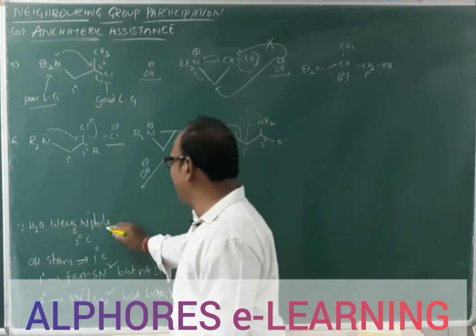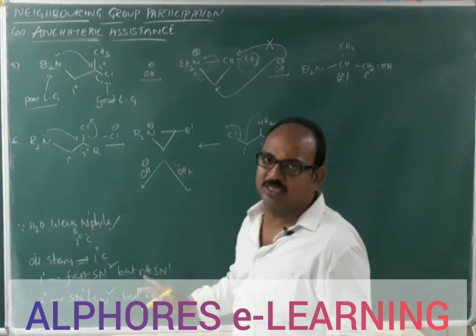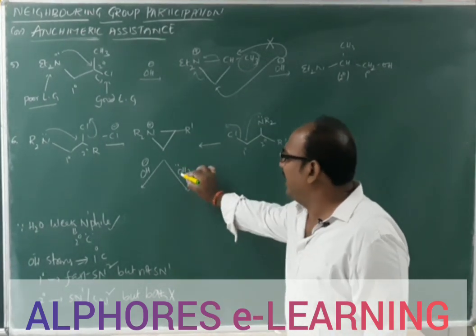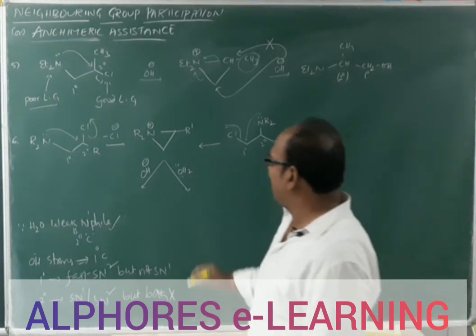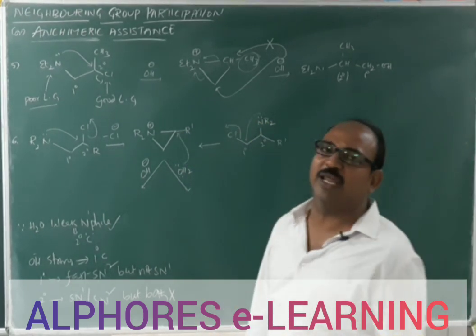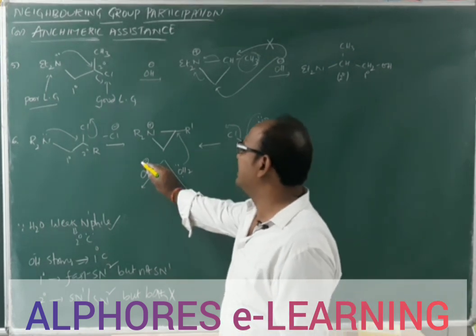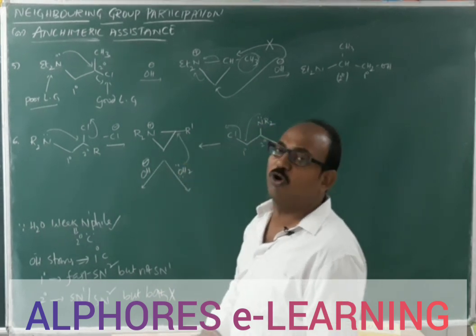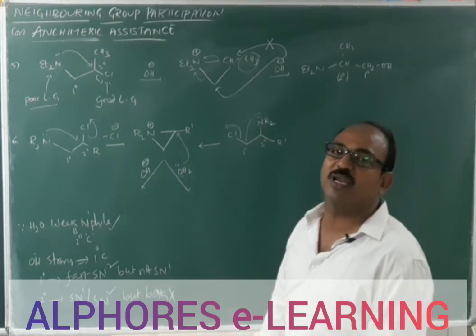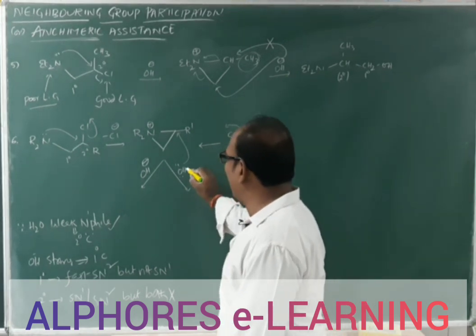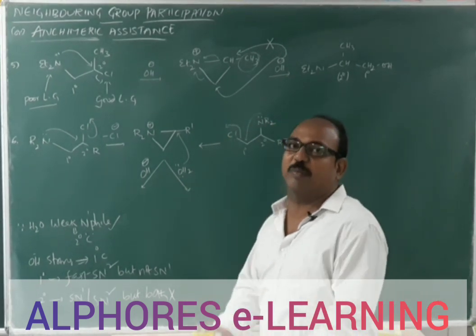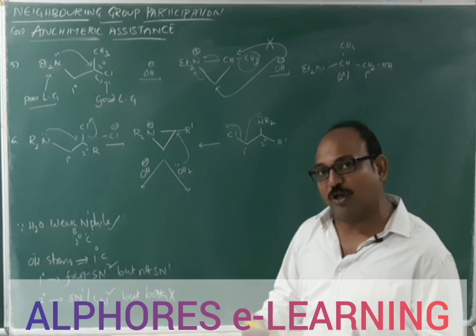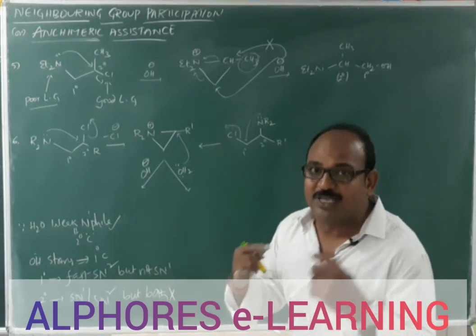Again, H2O is a weak nucleophile, meaning it is not going to bear any negative charge. Of course it is electron rich, no doubt about that, but being not negatively charged, it may approach the alkyl group containing carbon. Whereas OH minus, since it is electron rich, with a negative charge, cannot approach a more sterically hindered carbon. So in case of the water molecule, it prefers to attack the carbon where more positive charge is there, whereas OH minus tries to create a positive charge upon the carbon it wants to attack.